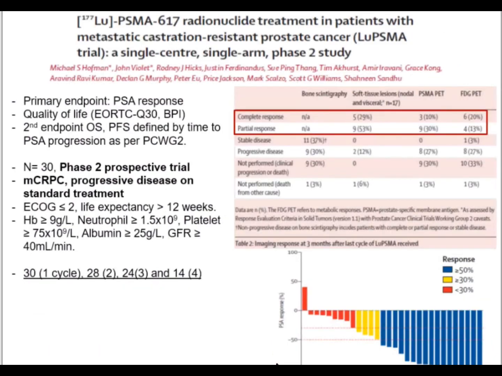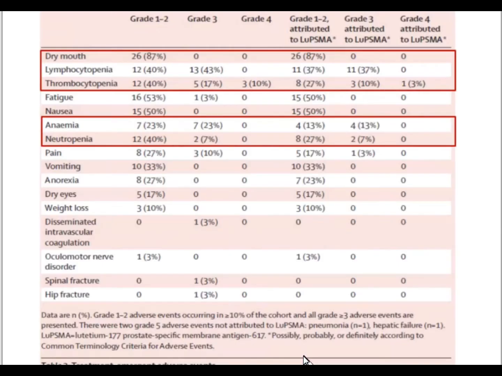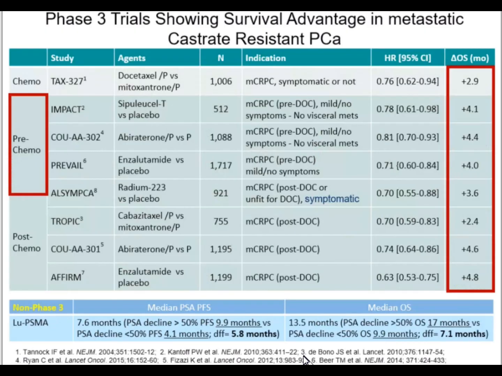And also, in another phase 2 study for lutetium PSMA, basically you can see the blue, where many of them achieve more than 50% PSA reduction, and almost 30% had complete response, and these are heavily pretreated. And of course, importantly, the patients all improve in terms of pain, and grade 3 and 4 neutropenia and hematological side effects are not very high. So these are some dramatic responses you see from heavily treated prostate cancer, and after lutetium, they